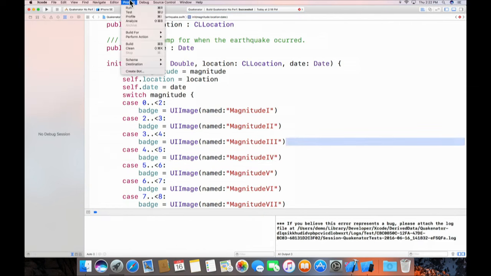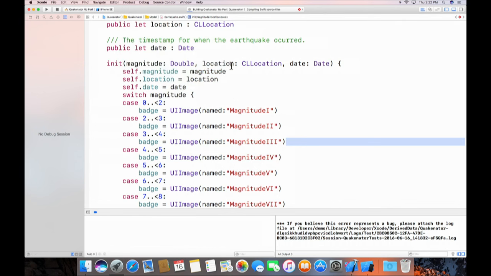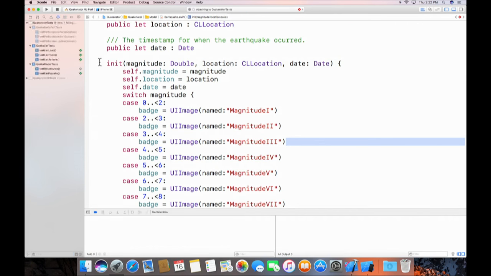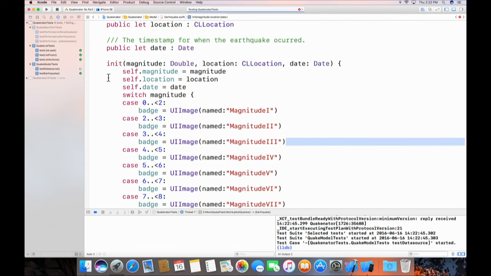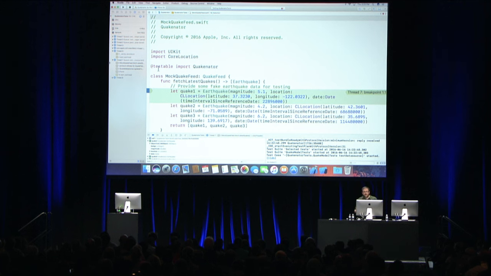And let's run our test one more time with the test again action. So Xcode is building the changes that I made to my code. It's preparing to run my tests. I'm going to switch to the test navigator so I can see how it goes. And, oh, it looks like I still have a breakpoint set. So I wanted to run my tests and not stop in the debugger, so let's take a look at how